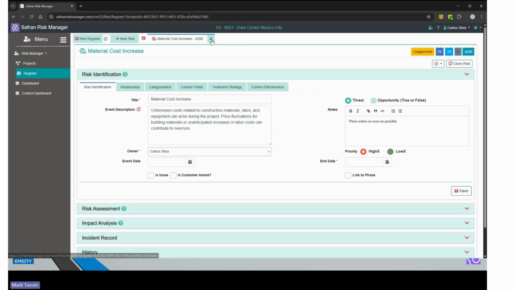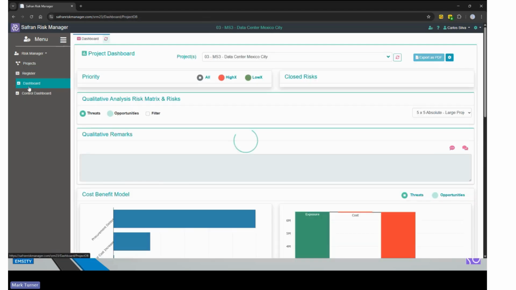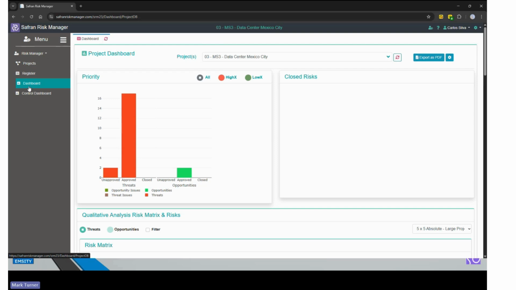So that is the key details that Carlos has got to put data into the tool. But I also mentioned that we wanted to be able to visualize this data. So to have a dashboard and have outputs is something which Carlos also has access to, because it's his data, so he should be able to see what effect he's having on his project.